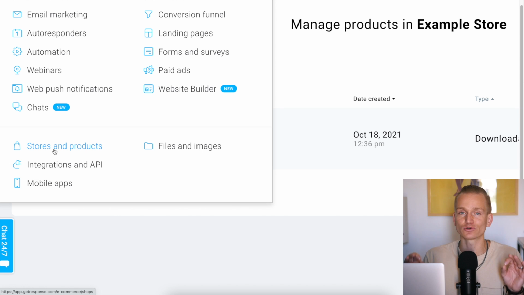But you can create your store within this software. And with MailerLite, for example, you can sell digital products, but you will need to create those digital products and set everything up with Stripe and then connect your Stripe account to MailerLite. So it is a little bit more additional work.